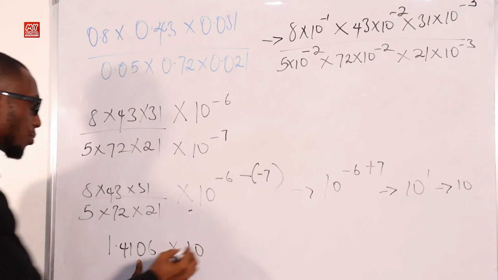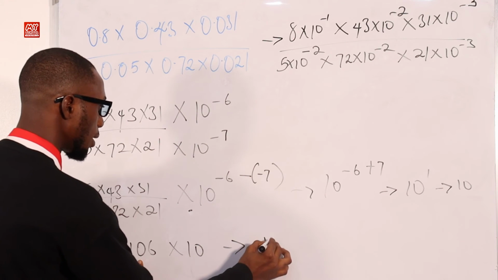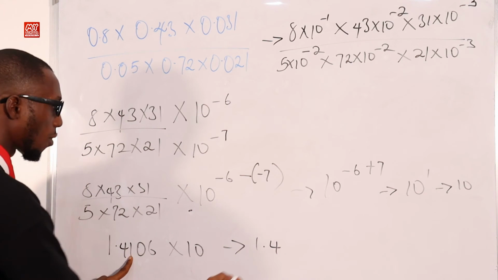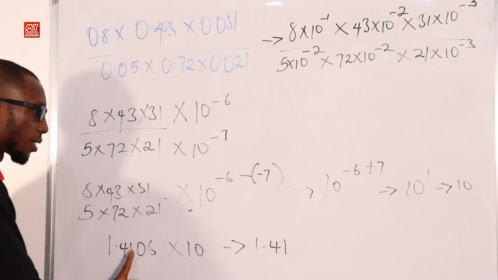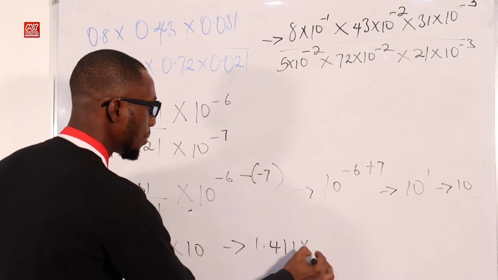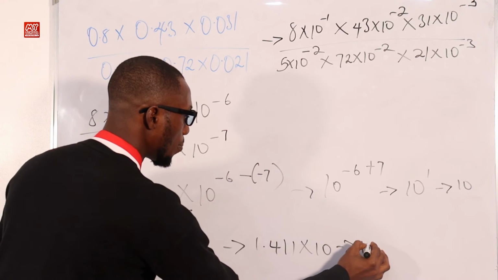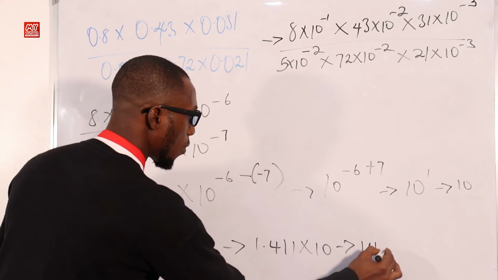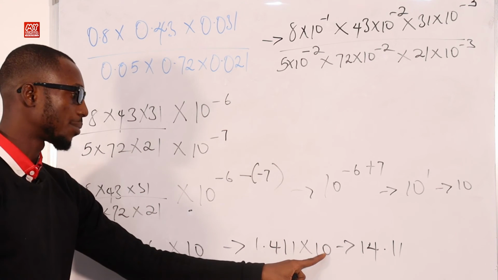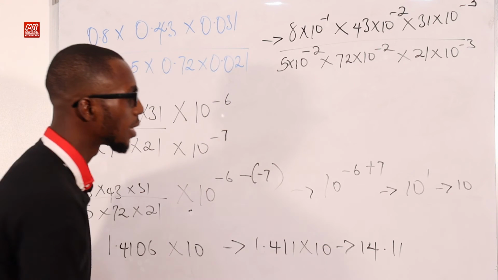Okay, so when I try to bring this to four significant figures, that 6 gives to this, which becomes 1, so we have 1.41, not 0.6 now, that will be 1, because of this 6 gives to this. Times 10, that will be 14.11. The decimal point moves by 1, times 10, that's 1. So the correct answer is